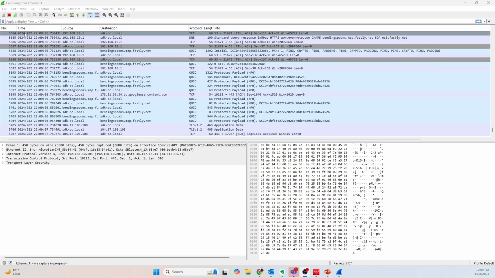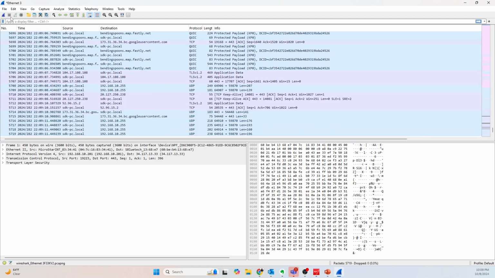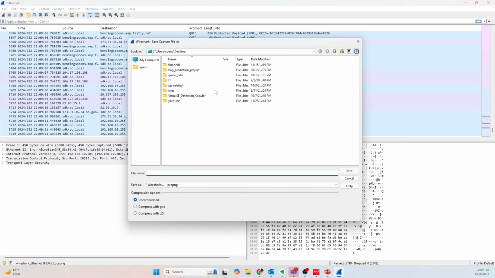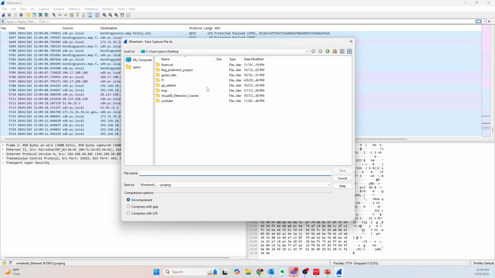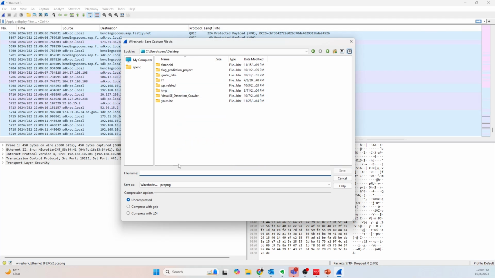Okay, so what we're going to do here, just if you want to save it simply, you can go up here and hit stop. And then you can go to File and then Save As. And then we'll just go ahead and save this initial capture on the desktop, I should say. So we'll go to desktop, and then we'll just save this as test